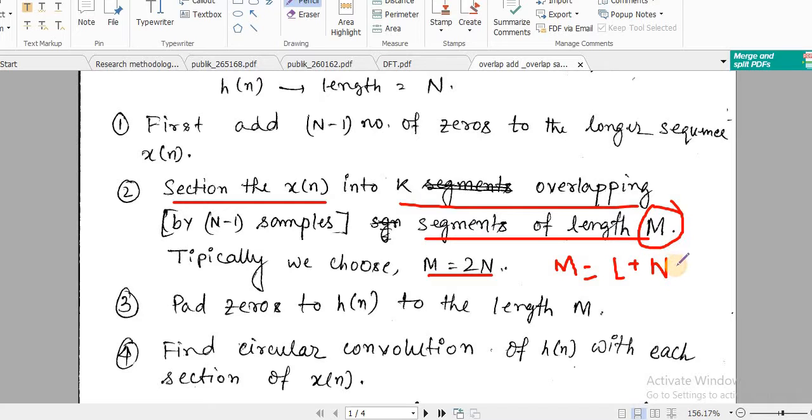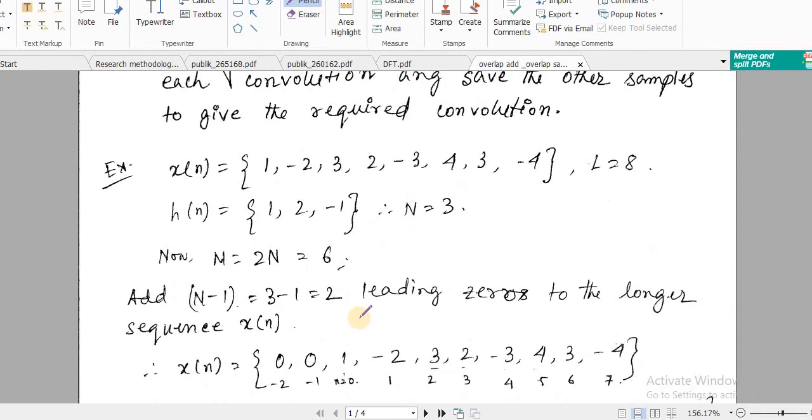So there are different formulas, but here we will consider M equal to twice N. In this example, as N is 3, each section will have length 6.